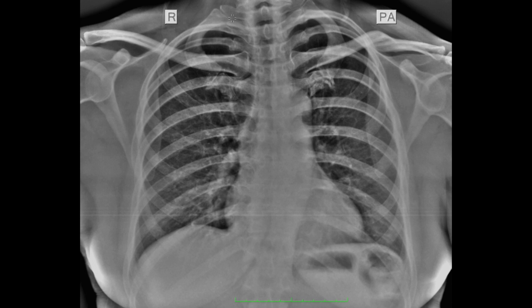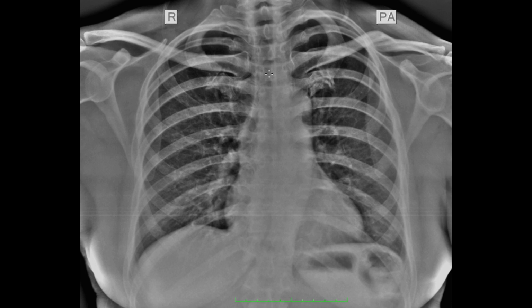Also, you can look at the posterior ends, 1, 2, 3, 4, 5, 6, 7, 8, 9 and 10. So posterior ends of upper 10 ribs are above the level of dome of diaphragm. So we can say that this film has been taken in full inspiration. Now, after looking at all these technical factors, we go on to reading the chest radiograph. For that we follow an inside to out approach.